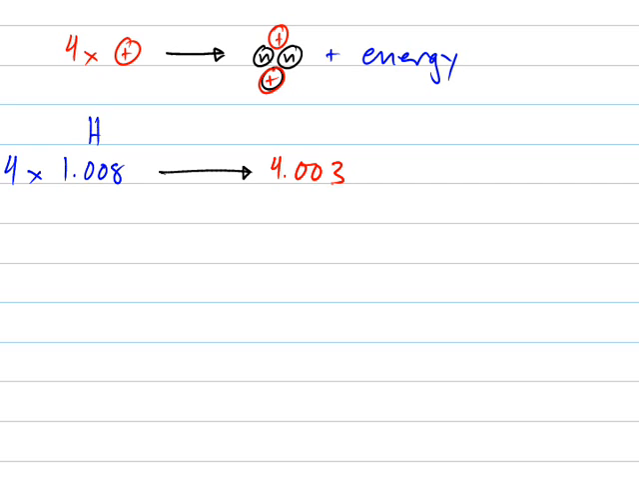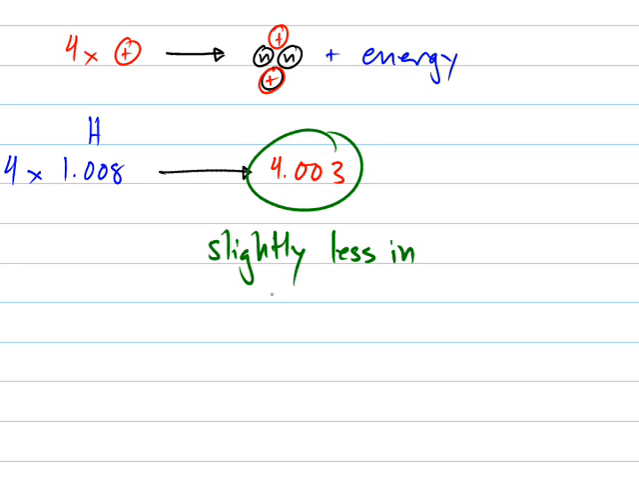Now, there seems to be a discrepancy. 4 times 1.008 does not equal 4.003. This product over here is slightly less in mass. It's not much, but it's still missing mass. Now, isn't matter and energy supposed to be conserved? What happened to that matter? Did we lose matter? Actually,